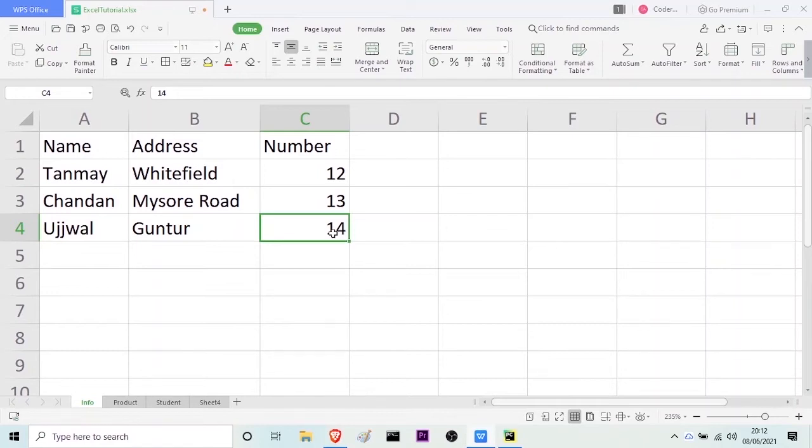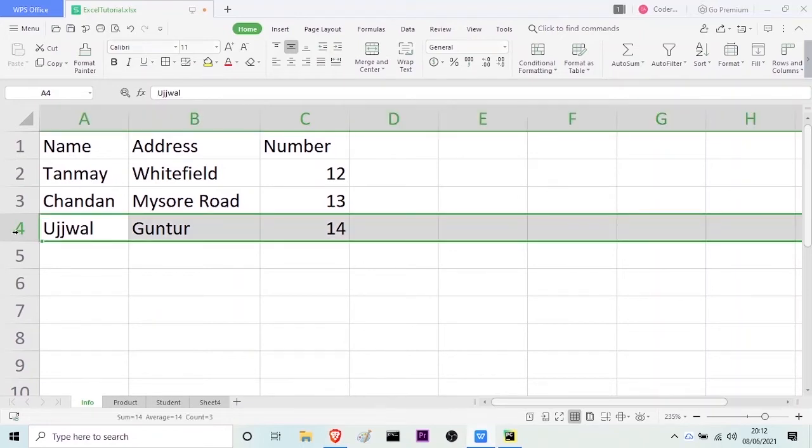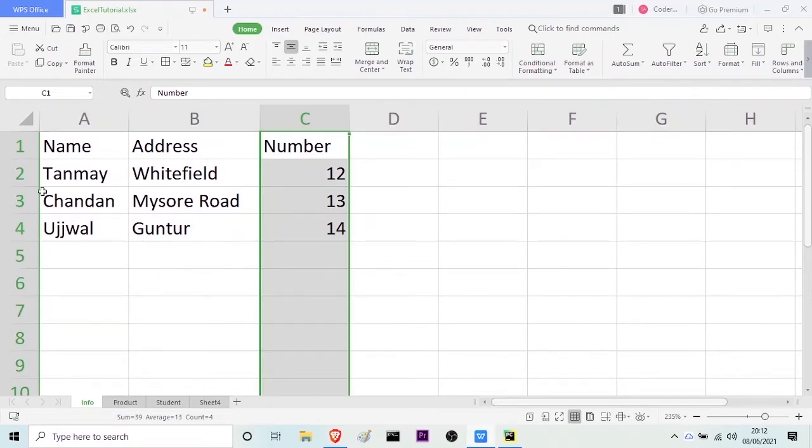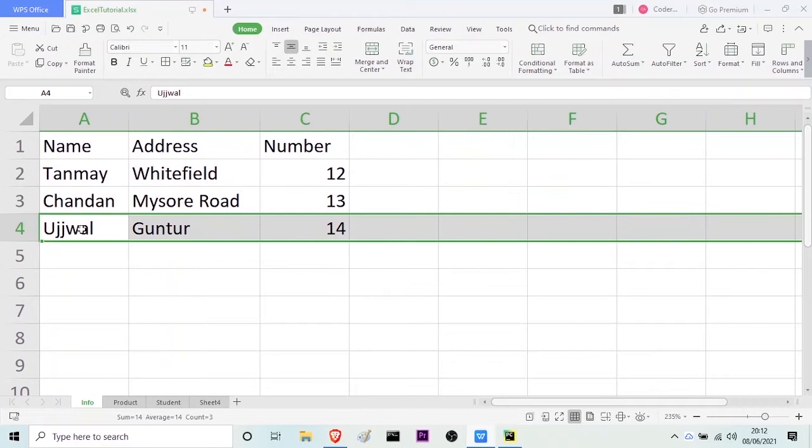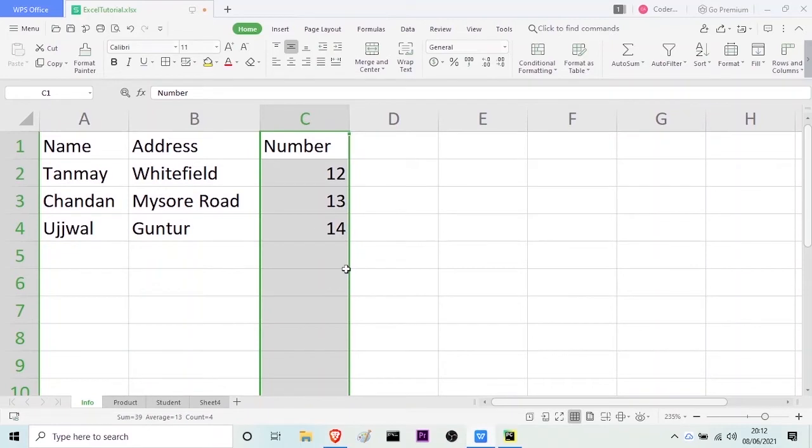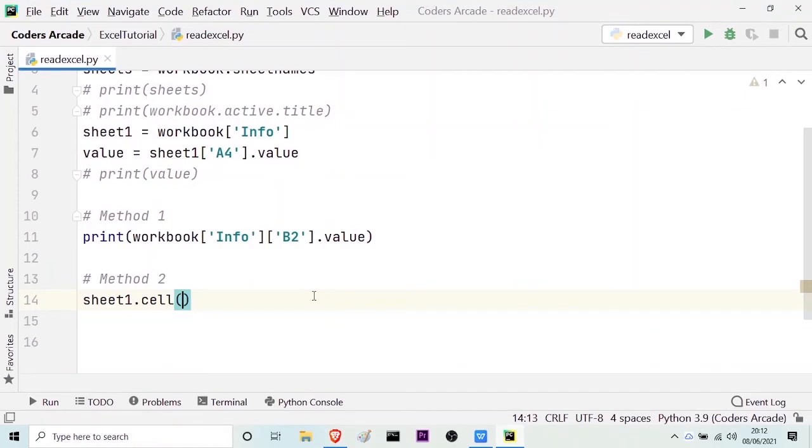If we want to check the row and column, the row number will be 4 and the column number will be 1, 2, and this is 3. I will tell you once again, 1, 2, 3, 4. So this is row number 4 and the column number will be 1, 2, and 3. So 4 and 3. Let's go to our PyCharm again, and here we can give 4, comma, and then 3. Then again we have to use the dot operator, and finally we have to use value. So now if I directly print it,